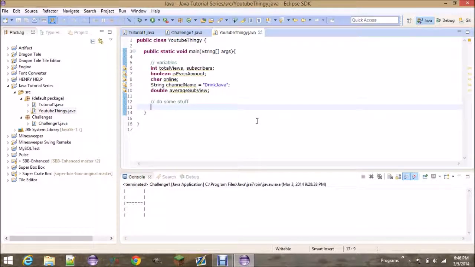So we're going to do some stuff here, and we're going to set some variables. This is how you can set variables. Say like total views equals and then whatever number you want. Or pick 2, 3, 4, 5, 6. That's what our total views are. Our subscribers are equal to 123. Why not? Our average subview